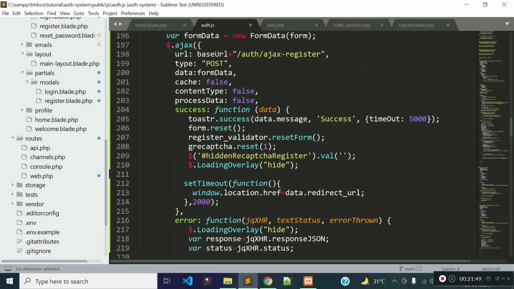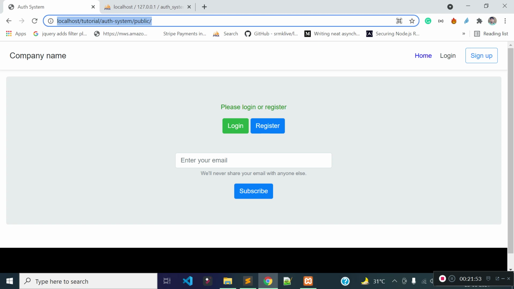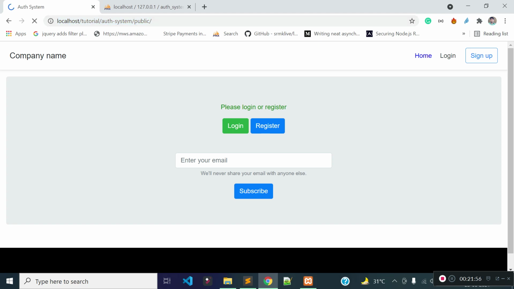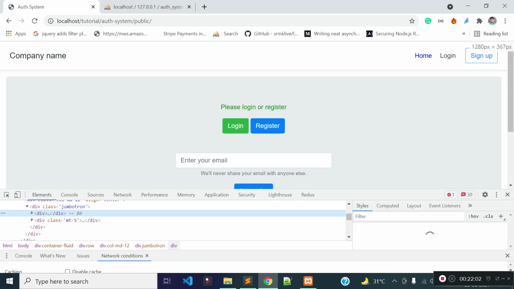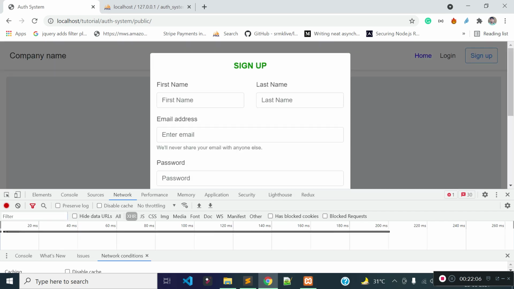Okay, so all the things are done, so we need to check now whether the functionality is working or not. Let's open our DevTools here, go to the network tab, and click on this register button. Let's register a new user, John Doe.